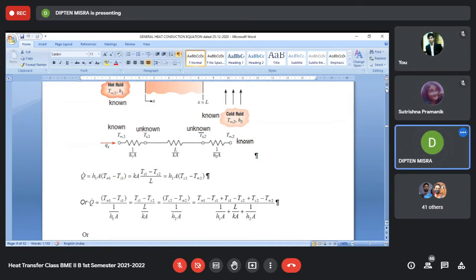And what I tried to say is that this value of H can be something like, say, 10 watt per meter square centigrade. It can be even very high, like of the order of 10 to the power 5. It can be very high if there is a phase change phenomenon, like a vapor condensing on the surface. Vapor means it is at a higher temperature and the wall is at a colder temperature.